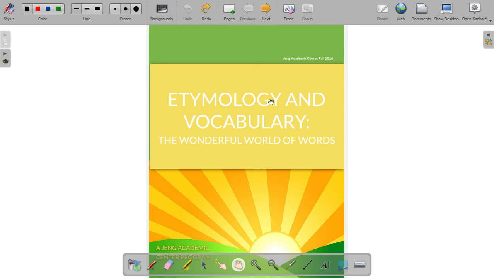Read the paper and define the words based off of the context. Again, don't look up the words in the dictionary because they'll probably be wrong, mostly because the words are used in an unusual way. And so the way I want you to do it is to figure out what the words mean based off of the context.